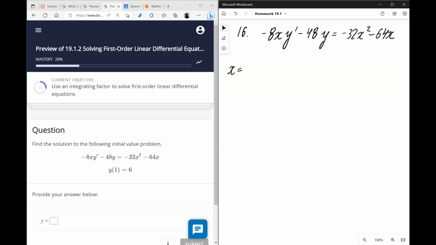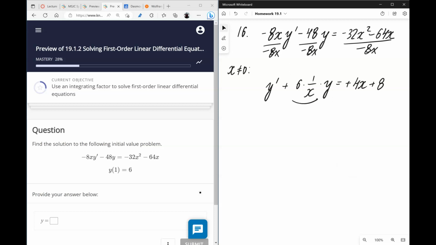So we should assume that x is not equal to 0. So dividing everything by negative 8x will give me this. We have y prime plus 6 times 1 over x y equals